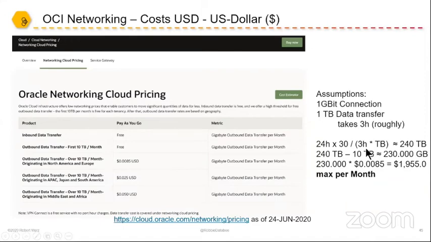I know if you really use the full gigabit line, you can make it in 2 hours and 40 minutes, something like that. But just for easy calculation's sake, let's say we need 3 hours per terabyte. So that means we can transfer 240 terabytes per month if we use our gigabit line to the full. And the first 10 terabytes are free, so let's remove that. So we have